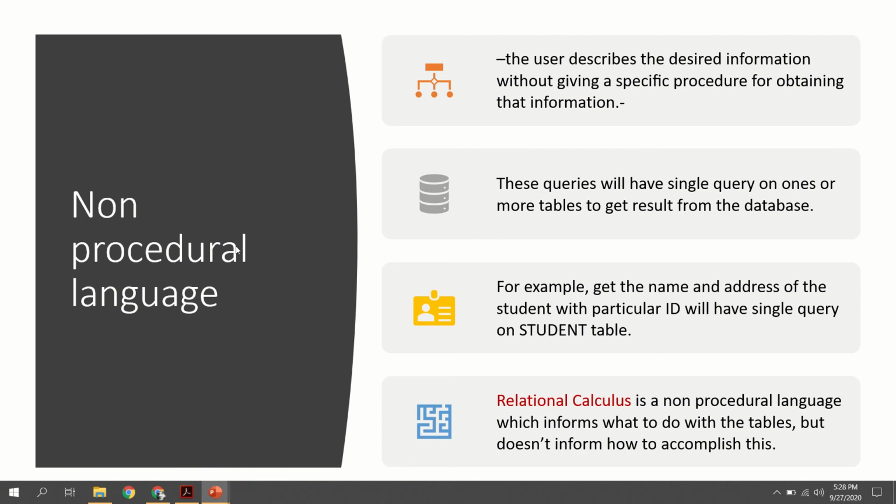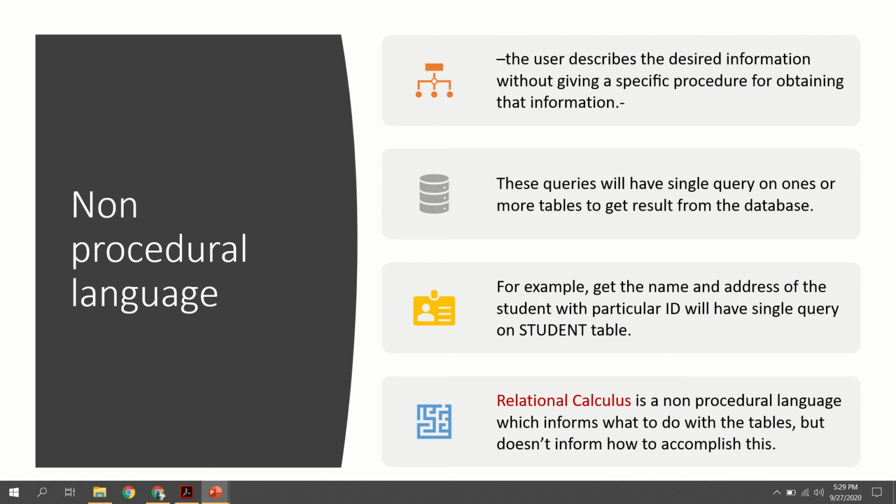The second one is non-procedural query language. So non-procedural query language means we are not writing any step-by-step sequence in a particular order. The user will just give some query in order to retrieve some data from the database. For example, suppose you have a student table which contains the student ID, student name and marks or any other information. Suppose the user is interested to find out the name of a particular student with a particular ID. For example, I want to know the name of roll number 3.